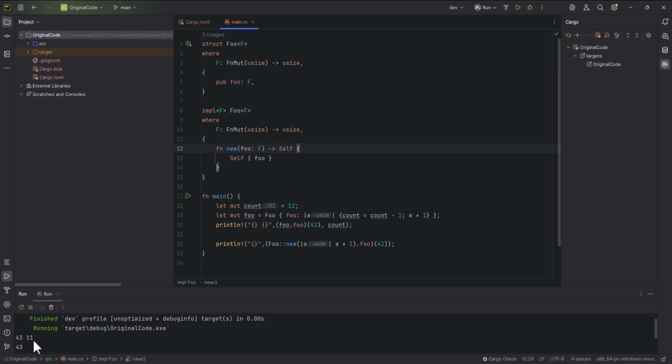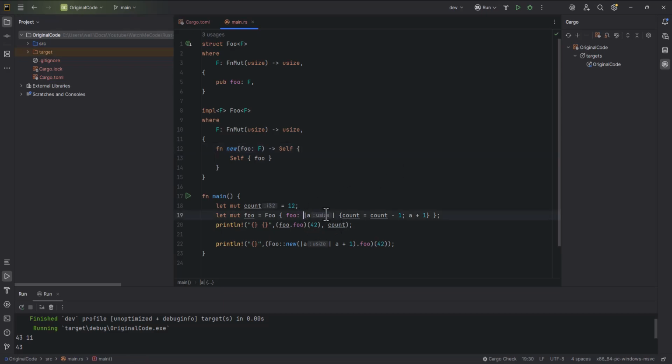Count is now 11. So count got decremented. Now, that's a really important point. When we let this closure capture count, it captured a reference to this count, which is what you'd want to do if something in your main also cared about what that count was. If you wanted to pass in a count that was just supposed to limit how many times foo was going to do something, like it was going to check to see if that count got to 0, you could say